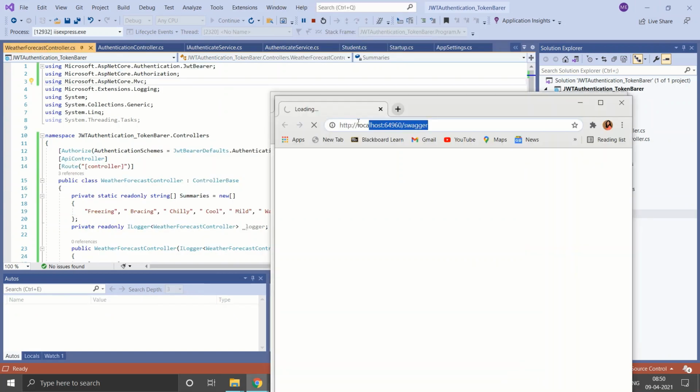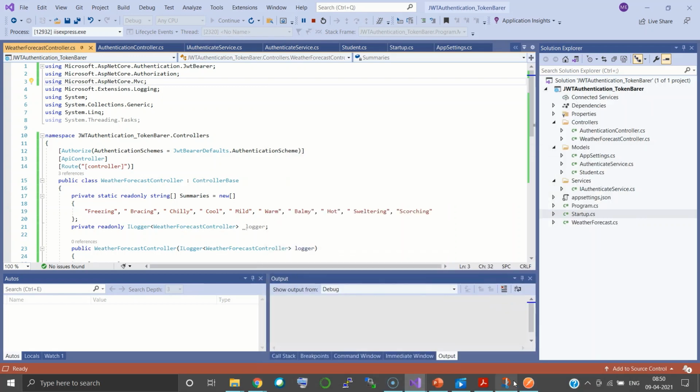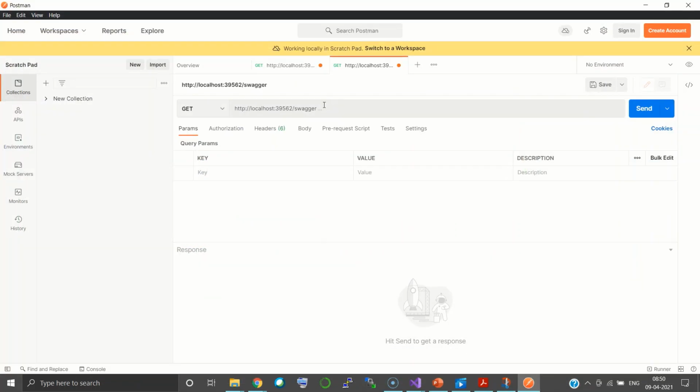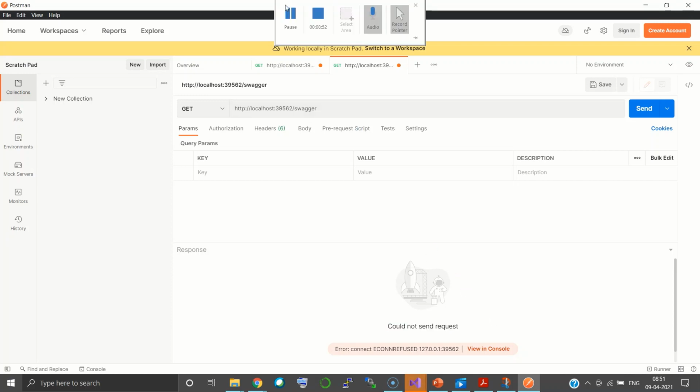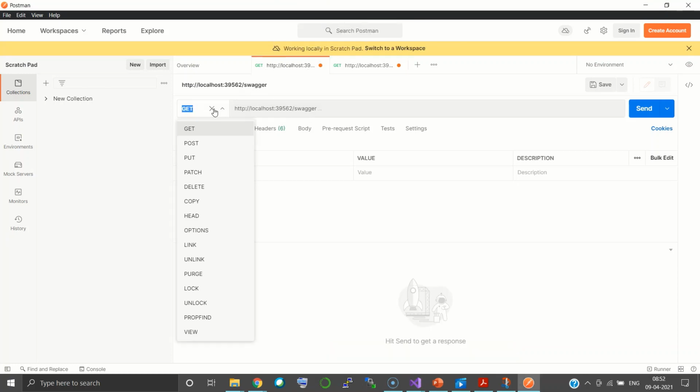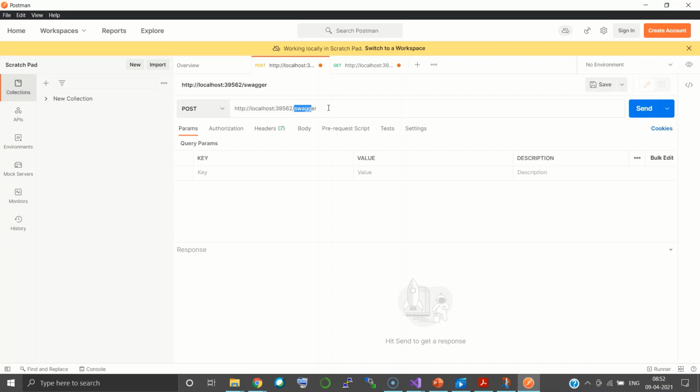So we are going to copy this URL, and go to Postman, and paste the URL in the get folder. So here we can see the author could not send the request because of the authorization. So what we have to do is pass the same request but as a post method, and we are going to use the authentication method,